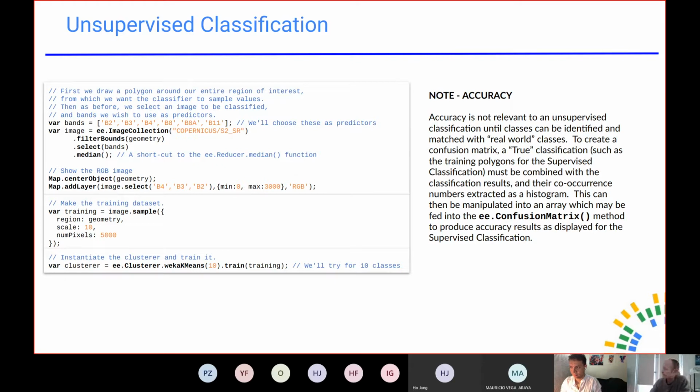So, but essentially, you can come up with the same results using the confusion matrix method, but you have to create your own. And so what you'd have to do is